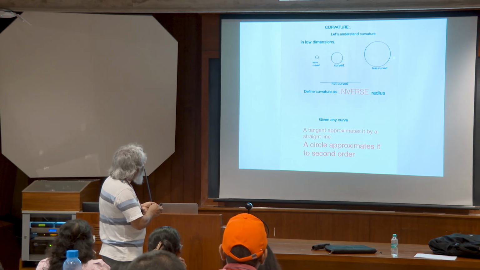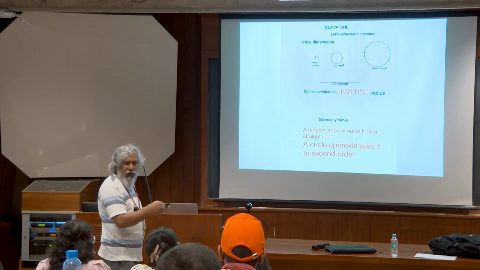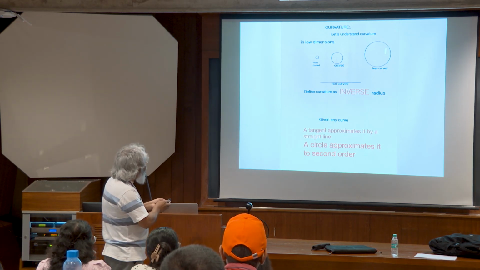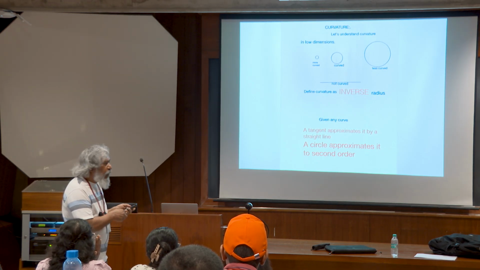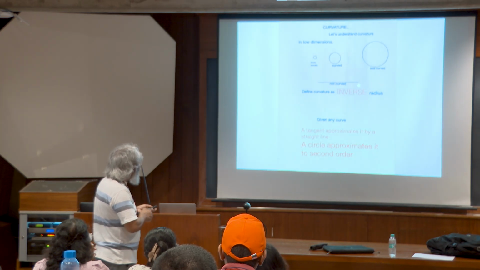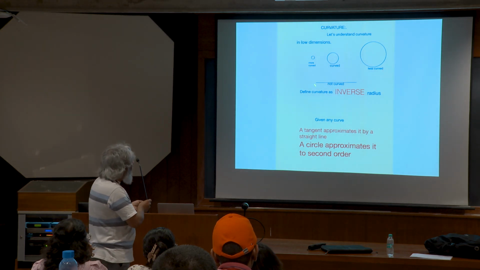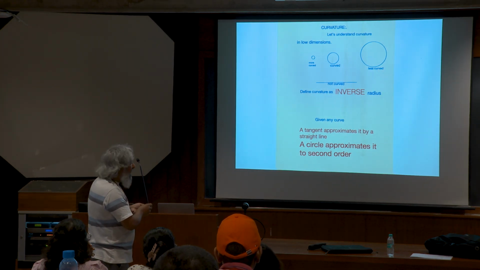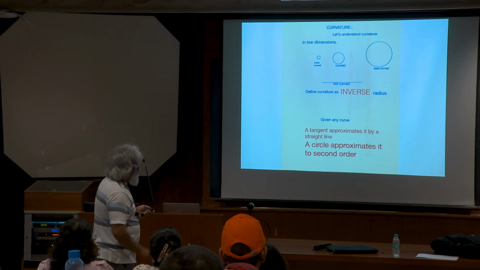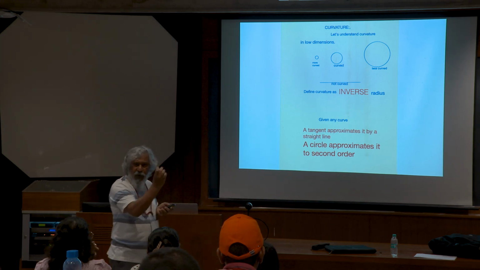How do I find the radius? Just take a tangent at this point, take a tangent at some other point, and draw the perpendiculars to the tangent. They will both pass through the center. And the distance from the center to the circle is the radius. And 1 upon that is the curvature. If you do that with the straight line, you find that these two lines are parallel to each other. They meet only at infinity. So the straight line can be thought of as a circle of infinite radius, and it's not curved. Now, given any curve, if you look at a small piece of it, you can look at the tangent and claim that a small piece of it is straight.